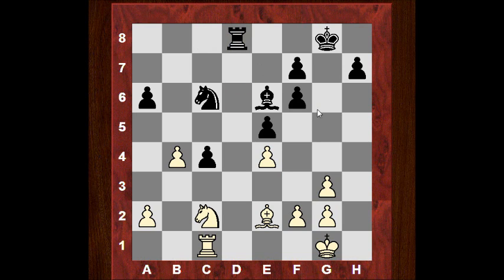If he takes, black is actually doing quite nicely in this position. There'll be no problems here for black. But there's one move which does cause black an issue here. Instead of bishop takes c4, after b takes c4,